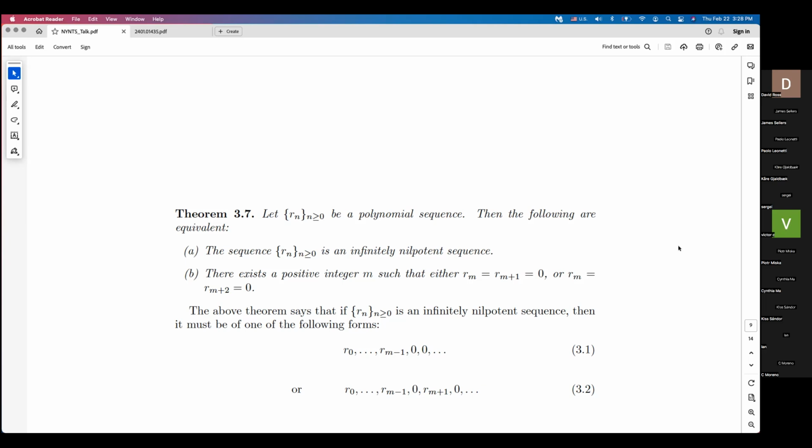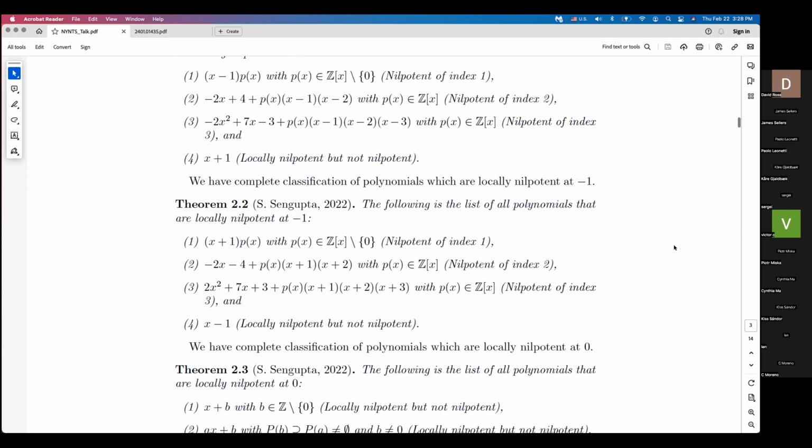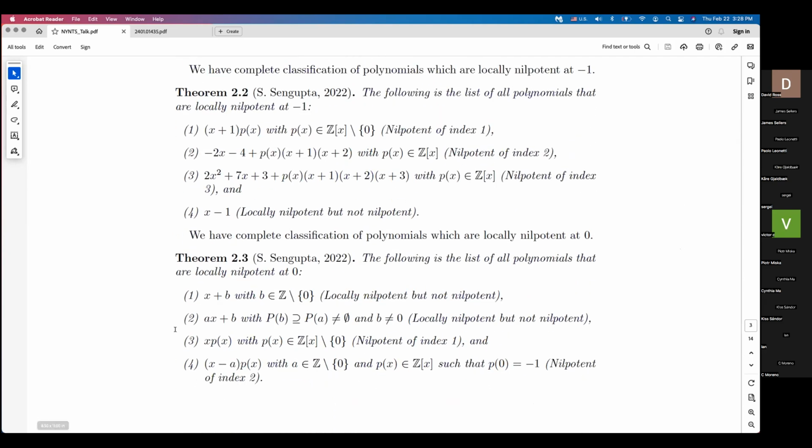And if we go back, then we can see we have a very good idea about how zeros actually look. So we just ignore 1 and 2 because those were local nilpotent ones, not nilpotent ones. These are the 2 nilpotent ones. So either you are going to go 0, 0, 0, and so on, or you just go from 0 to some non-zero integer a, and then a will be taken to 0, and then 0 goes to a, and a goes to 0, and so on. So that's precisely what was working in our case when we were trying to show that A implies B.